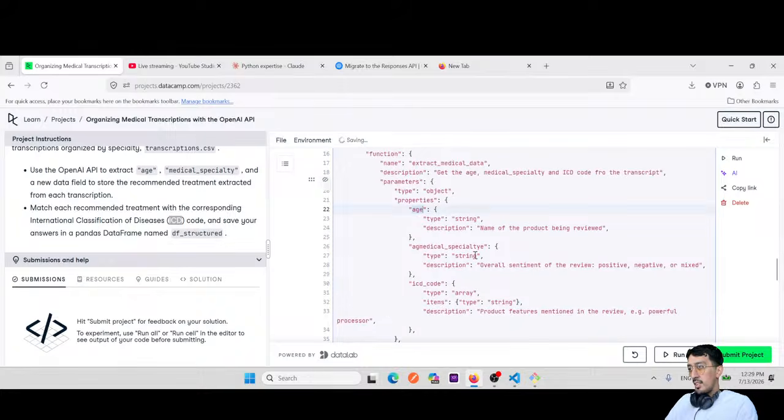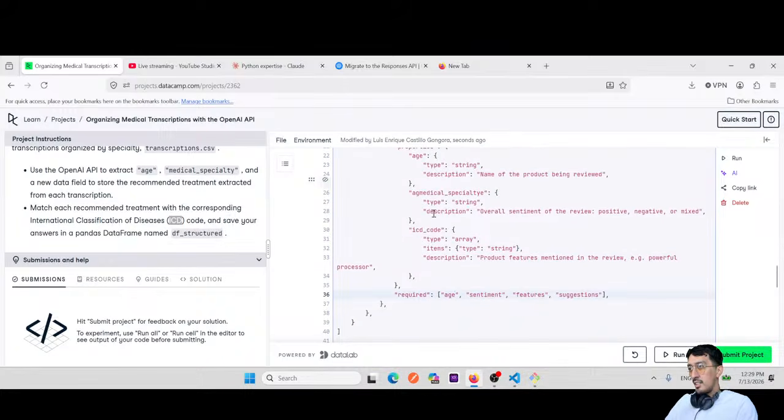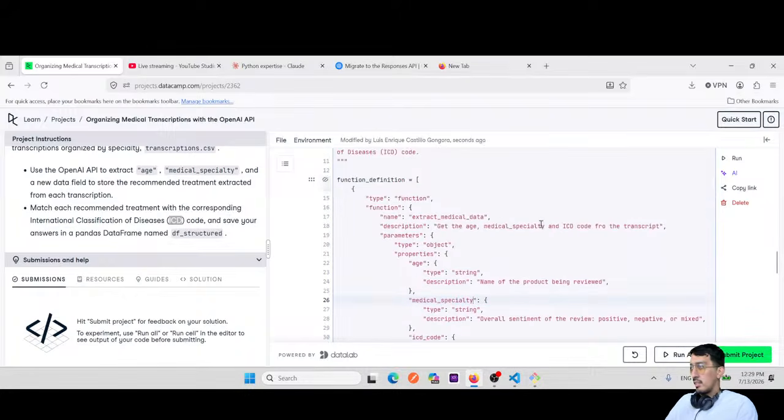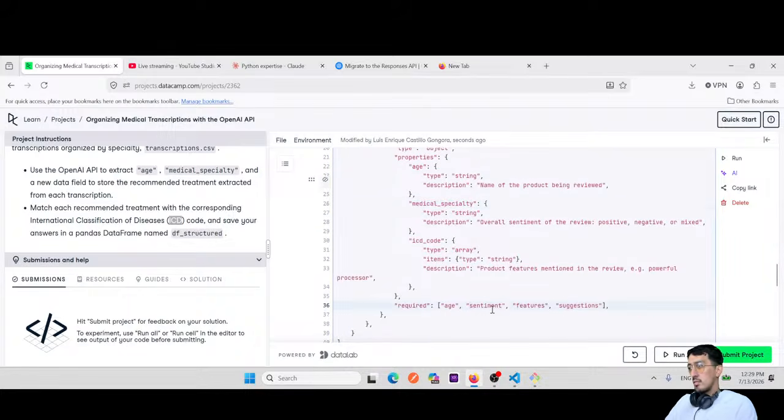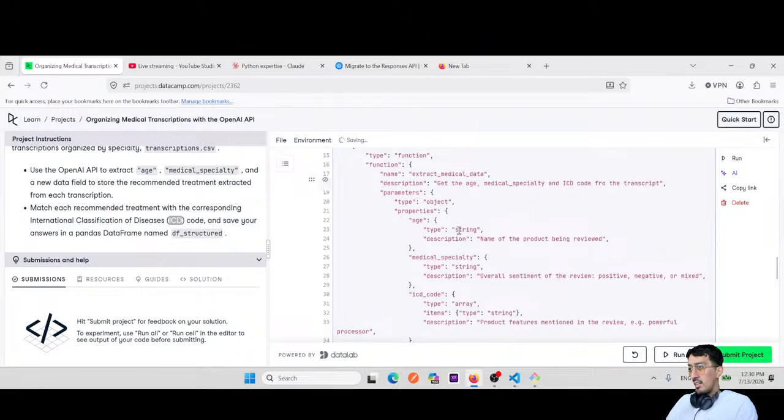Required is gonna be age, medical specialty, and this is gonna be the ICD code. And then all of them are